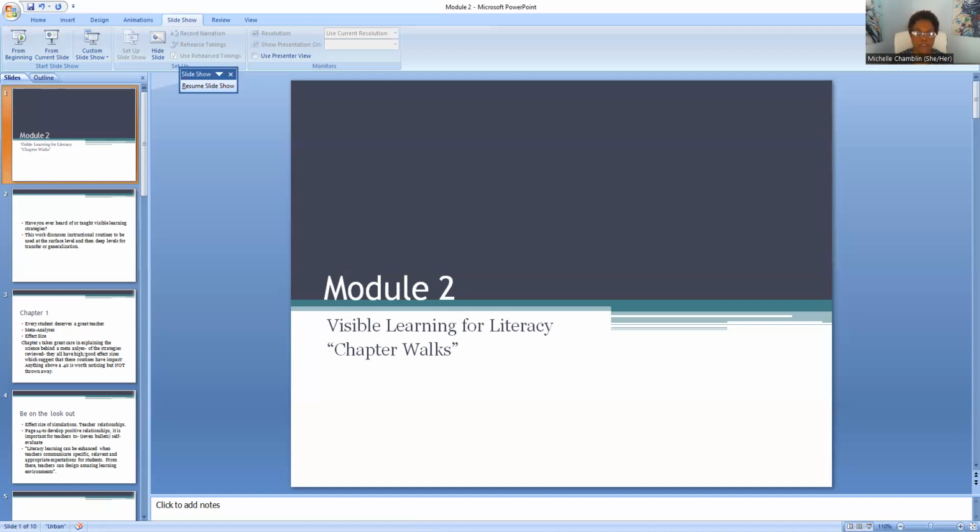So chapter one, in the very beginning, it starts off with every student deserves a great teacher. The authors use a method of meta-analysis, which will be explained in detail, and they create an effect size. Chapter one takes great care in explaining the science behind a meta-analysis and of the different strategies that